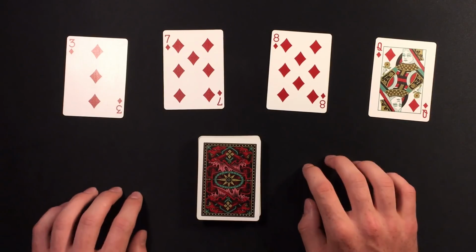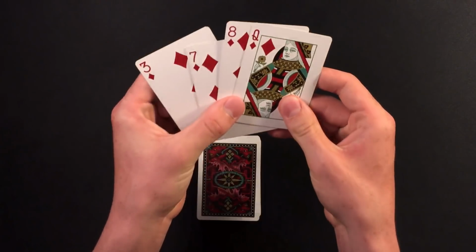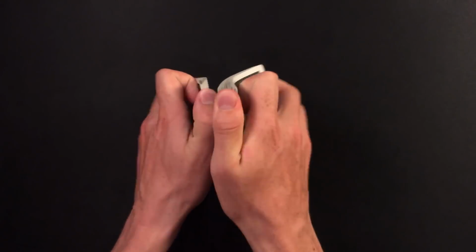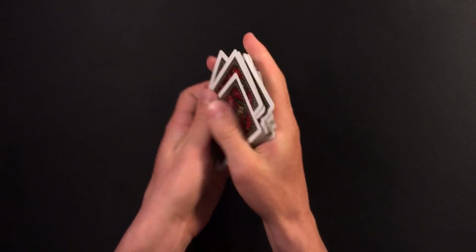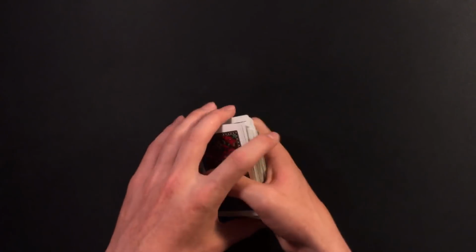But now let's get right into the tutorial for how the trick works. So once again, you're going to want to remove these 4 cards from the deck, and I'll explain why a little bit later. Now at this point, you're ready to go. So you can have your spectator just shuffle up the cards as much as they want until they are satisfied. And once your spectator is done shuffling up the cards, you're going to ask for the deck back,